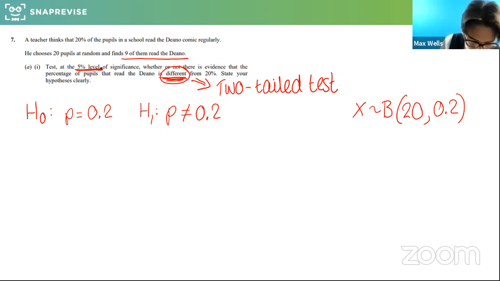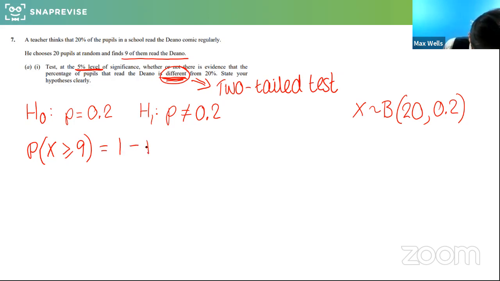The key test statistic we've got is 9, so we try 9 out. If we put this into our cumulative distribution for the binomial, n is 20, p is 0.2, and we can try x out as 9. And what we'll do is find the two tails. So when P(X ≥ 9), that tail we want to look at, is essentially 1 minus the probability that X is less than or equal to 8.